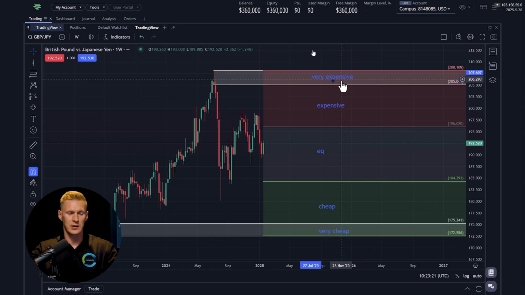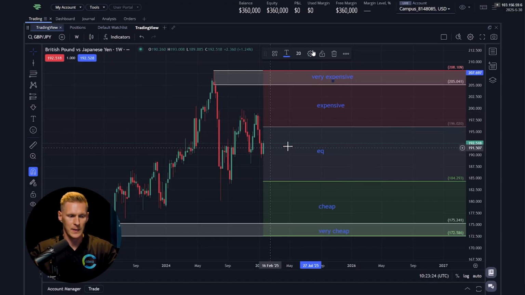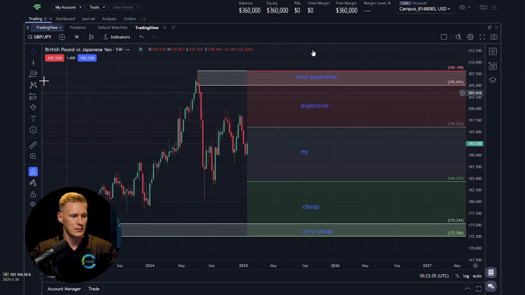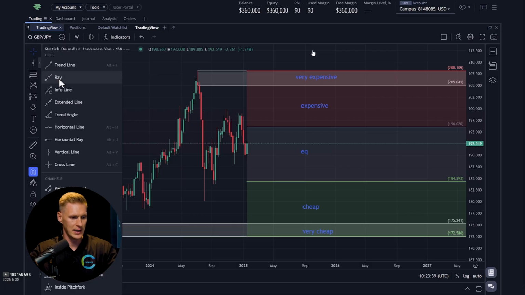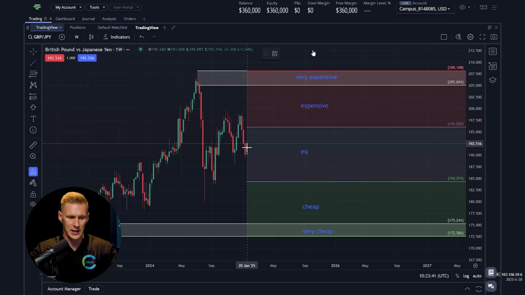Okay, where is the current price located? The current price is located in equilibrium. Means nothing to do, right? We don't want to buy or sell here. But for this example, let's try to move, okay, the current price. Let me add a line. For example, the price is not located in equilibrium. It is located in the